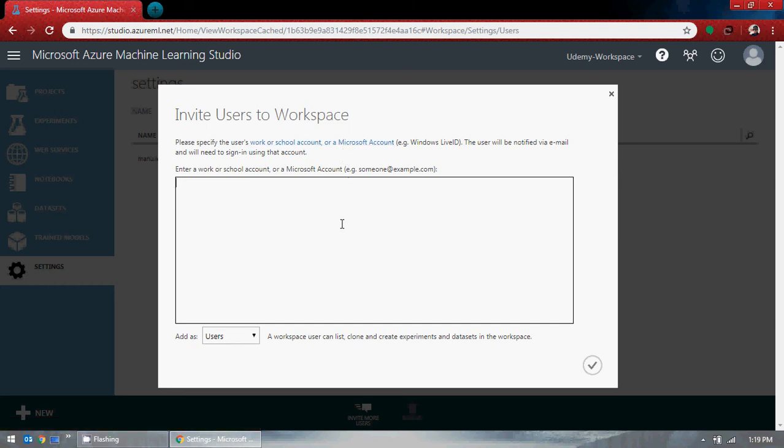Otherwise probably you have to create a Microsoft one. See this Microsoft thing, right? They want their own email ID, like someone at example.com, but they say that you have to sign up for a Microsoft email ID, otherwise they don't let you access. So you have to have this Microsoft email ID, and then you specify it here,